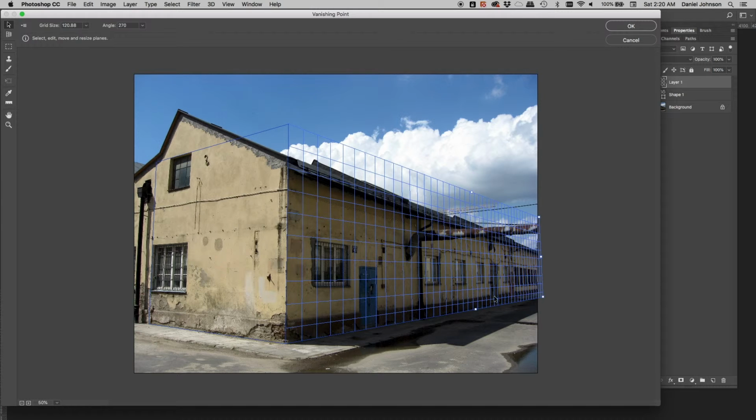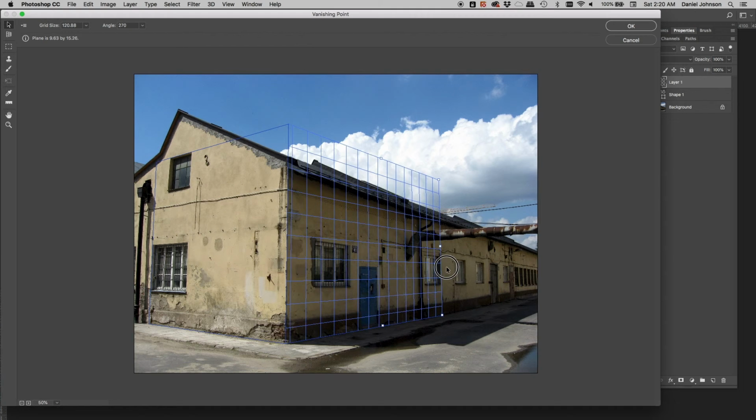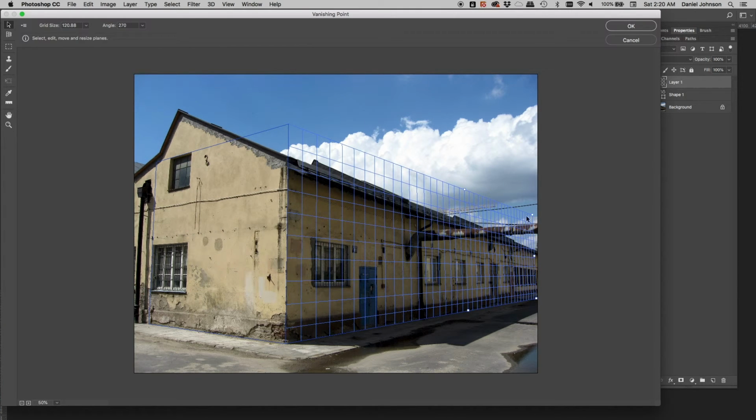Now as I'm looking at this, it's not quite matching up. I can see the perspective here is a lot more extreme. The vertical perspective is working well. I can see that matching up with the windows, but the horizontal perspective is not matching things here. It's matching here, where we would expect in this photo that this should all work. Obviously, these windows here, the tops should be parallel to each other. So this is actually one